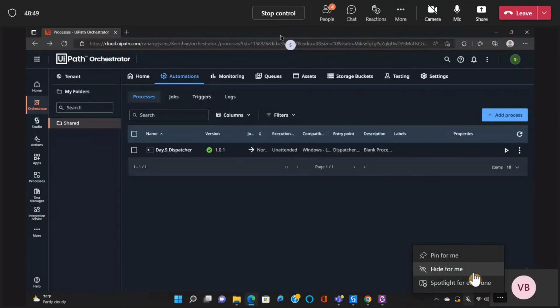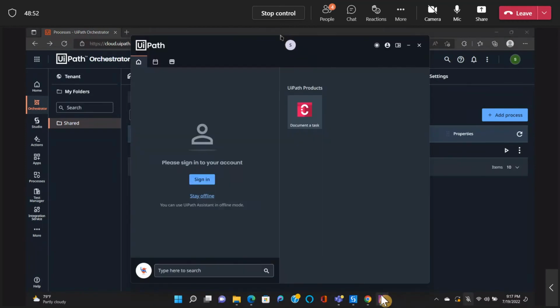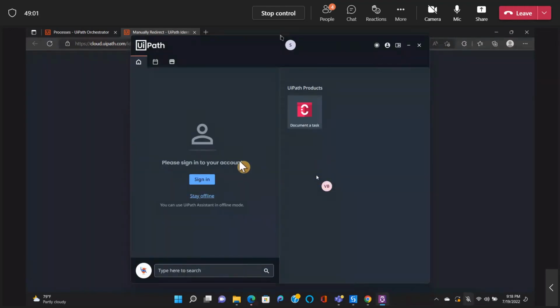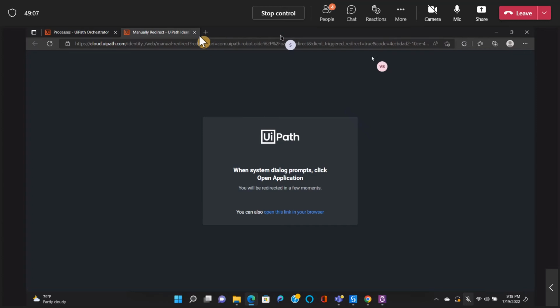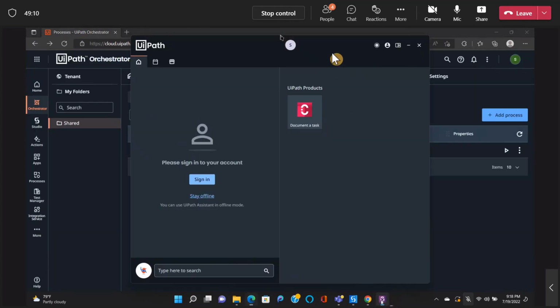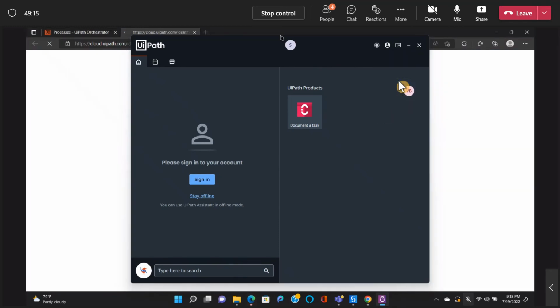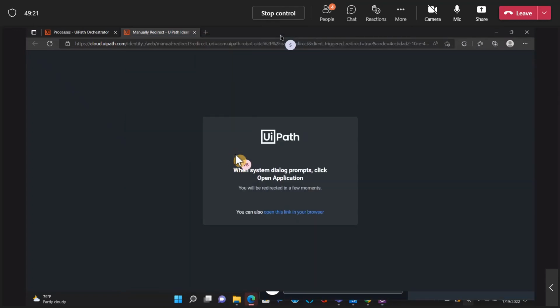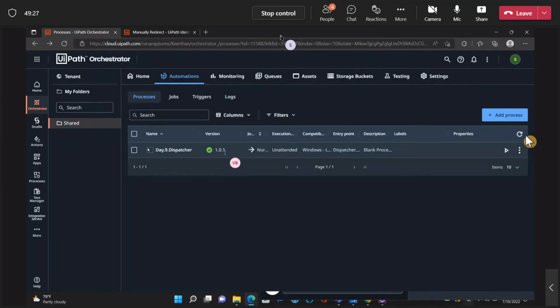Now if I just go into this page, let's click on sign in. Robot error, robot not configured. So this is not allowing me to do it. So I'll just log out and log in again. Sign in. It will redirect in a few minutes, but you should be able to see this process, like the users,